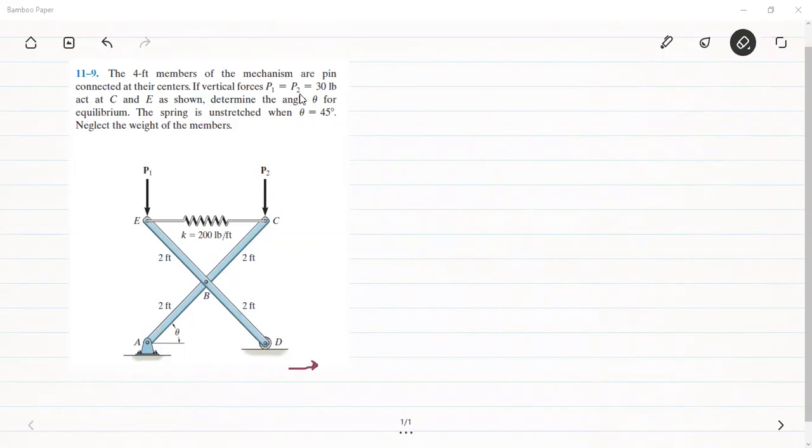Now, to give the virtual displacement, we can't give the displacement to the hinge A. Therefore, we can give the virtual displacement to the roller. But it's not possible in the vertical direction. Therefore, it can move only in the horizontal direction, to the right side or left side. Let's give this horizontal displacement. Okay, giving the horizontal displacement, we can also see that this point E will move downwards. It can neither move towards right nor towards left.